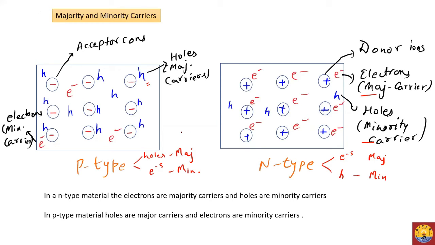One important thing is that although there are negatively charged ions and electrons and holes, this whole box, or the semiconductor, is neutral. It does not have a charge. The overall charge on this semiconductor is zero. Although there are ions present, the overall charge is neutral, and the same is true for p-type and n-type also. Is this clear?